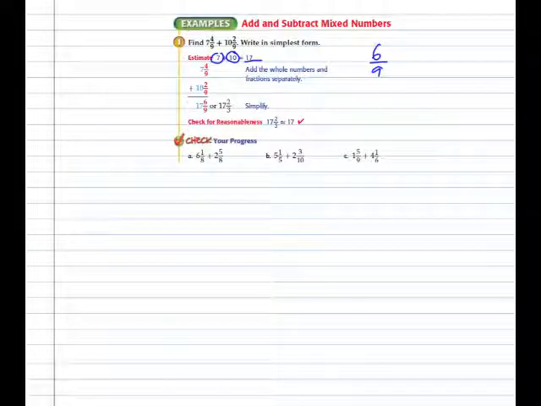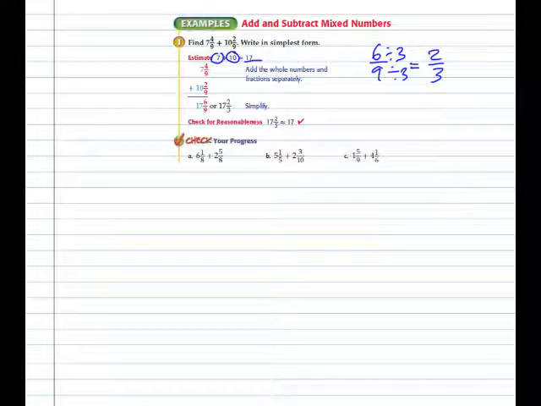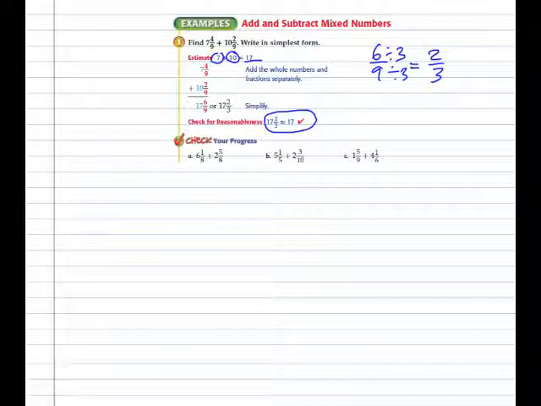Because 6/9 is not in simplest form, because we can see that we have 3 as a common factor, we would rewrite that to simplify it. 17 and 6/9 becomes 17 and 2/3. When we compare that to our estimate of 17, we conclude that that is a reasonable answer. So example A,